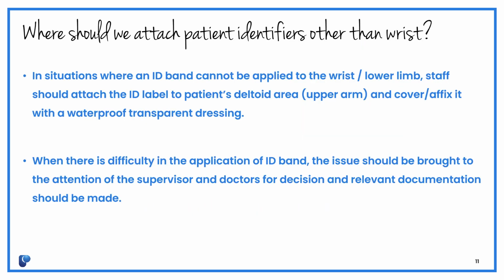Where should we attach the patient's identifier, in this case the wristband, other than the wrist? There are some situations where we cannot use the wrist or the lower limb to attach the patient's wristband. So what we can do is attach it at the deltoid area, the upper arm,